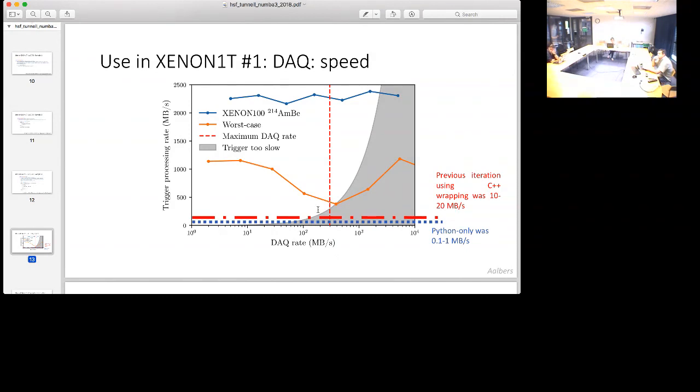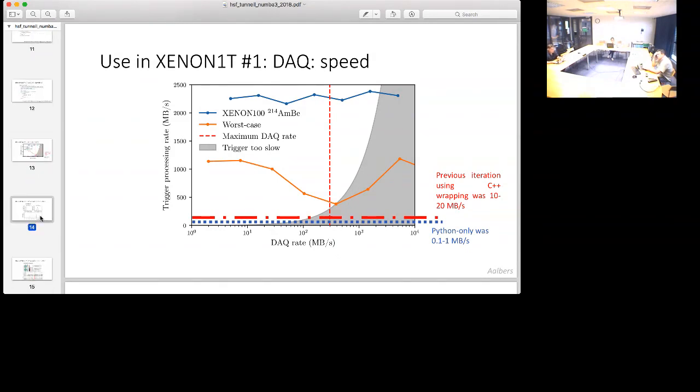The caveat is I couldn't make lines corresponding to our original rates any lower, but when we were trying to write C++ code to do this, we were getting quite slower behavior, or Python only was, I think, 0.1 to 1 megabyte a second instead of a few hundred. That's also per core, so we probably got up to 50 to 80 with Python only. These were all numbers that changed a lot.